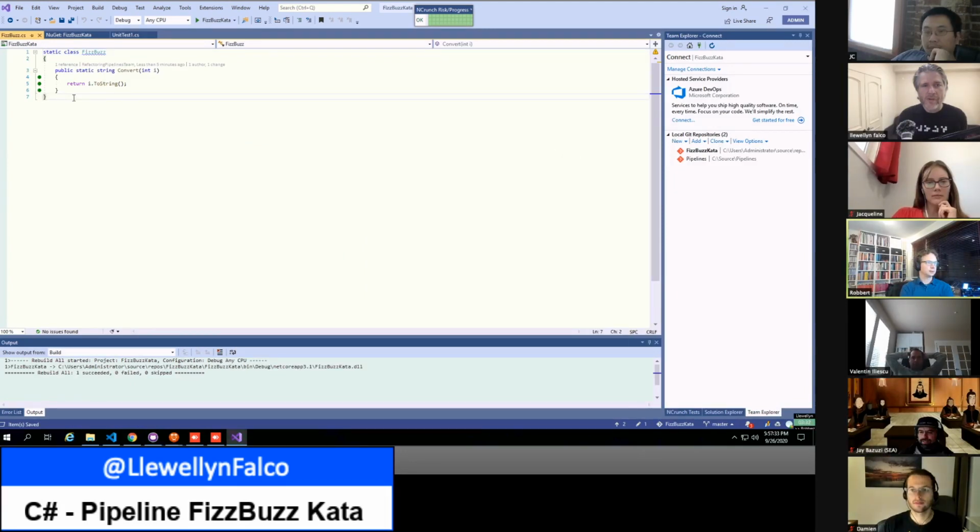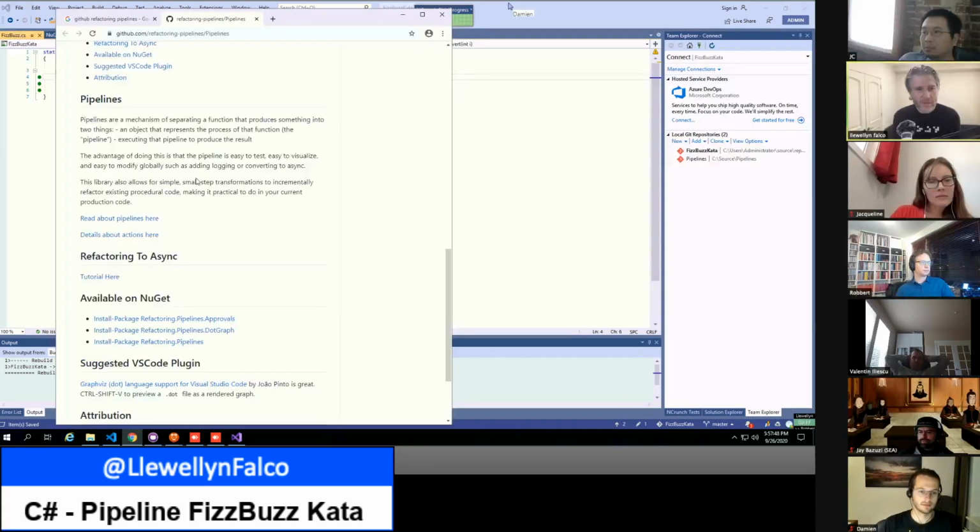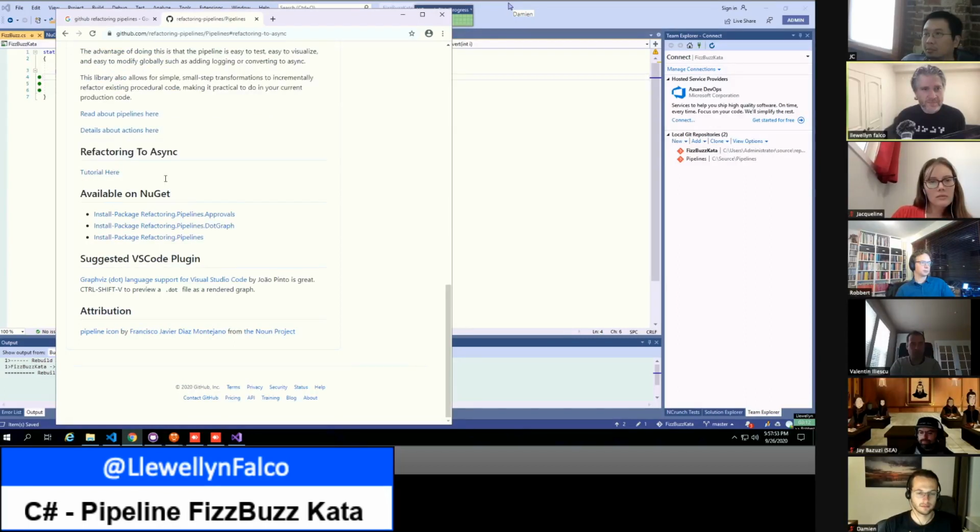So we want to refactor two pipelines now? Yes. Then I need some help, I think. We have an actual page that should work for this. Refactoring to async. Yep. Tutorial here. Oh, no tutorial. It's only one line of code, but we can still implement this.